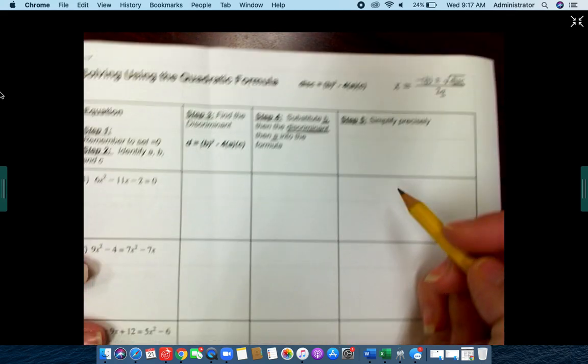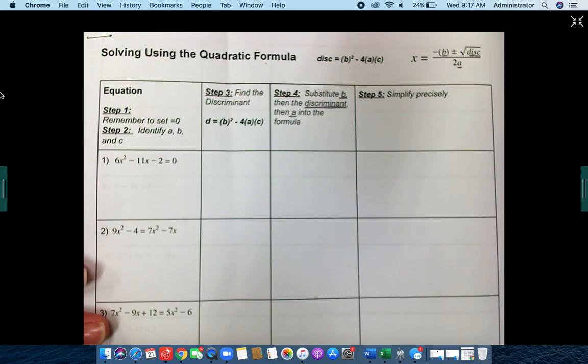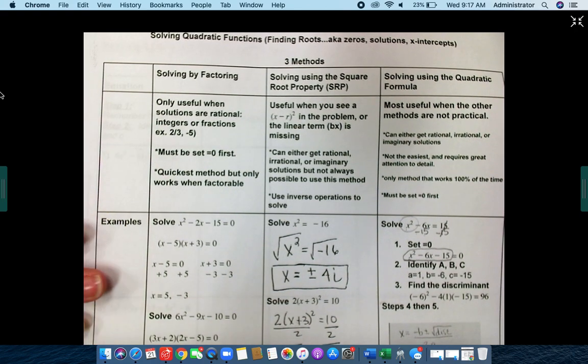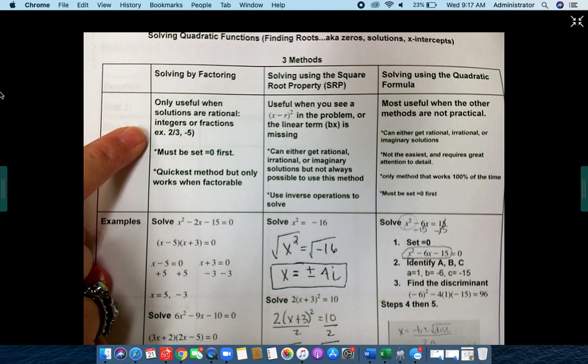And then we're going to just simplify it, and we'll have our solution. And I'm going to practice making sure you understand how to type those into Delta Math as well. So recall from yesterday also that solving by factoring works great if our solutions are rational,